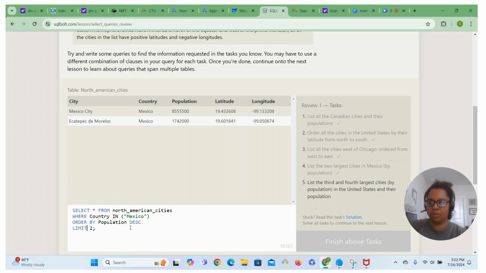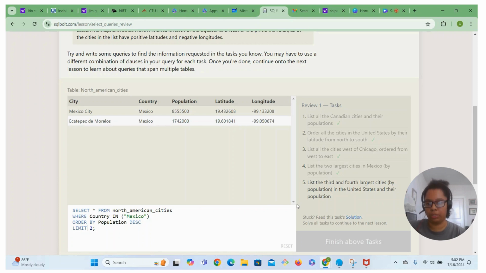So it says here again, this was list the 2 largest cities in Mexico by population. So we had to give it a limit just to show us the 2 in the population, in a descending order. So there you go. The fifth one, list the third and fourth largest city by population in the United States